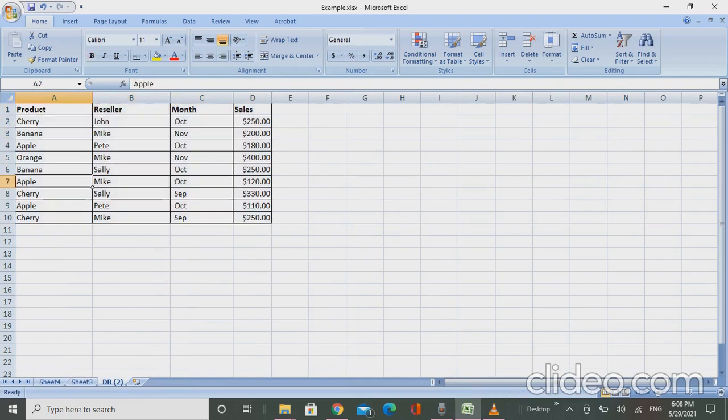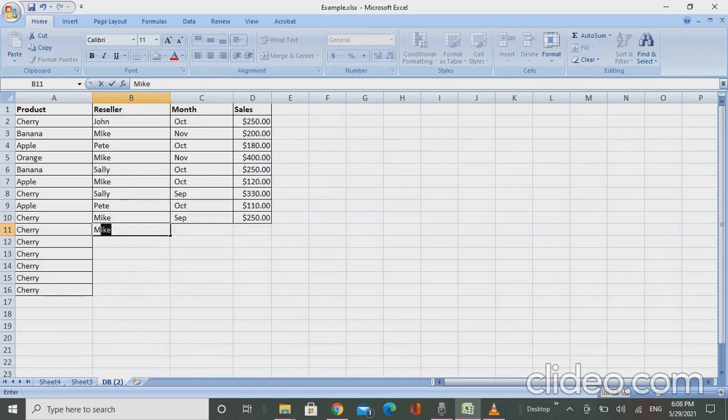Like I have added for cherry, some salesman name, and let's say I want to add borders. Let's say these all are in September and the figures are like this. Any random figures I can take.